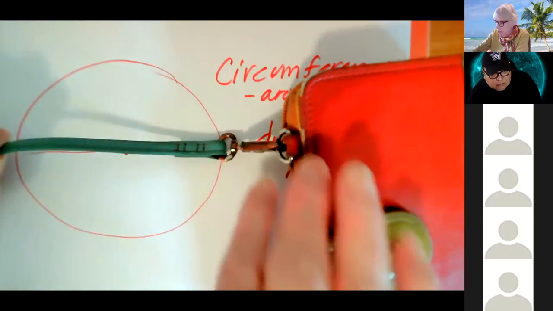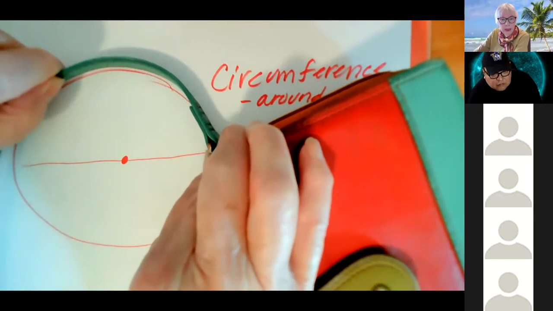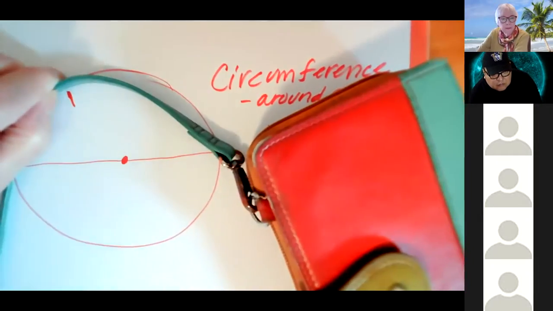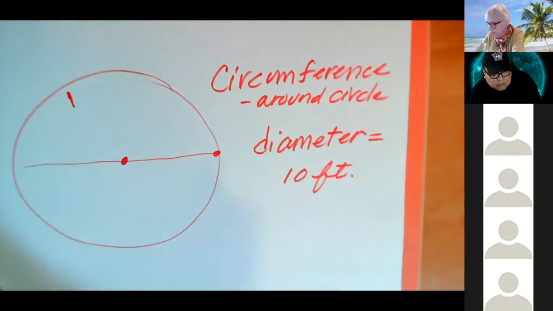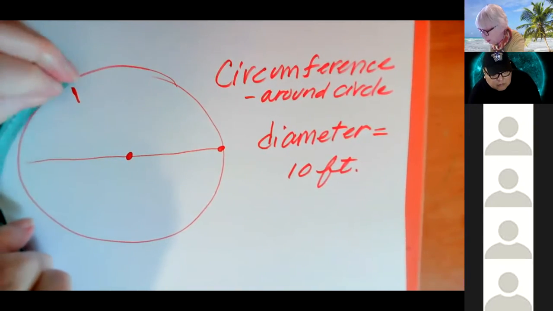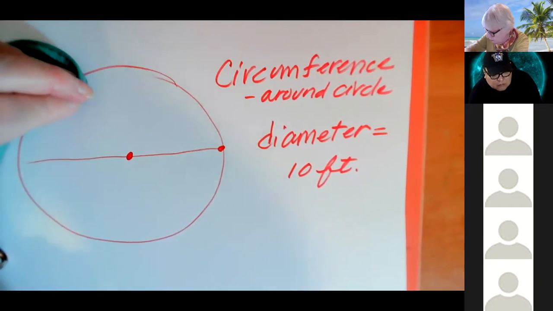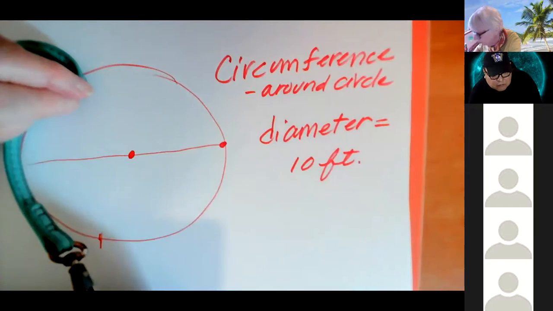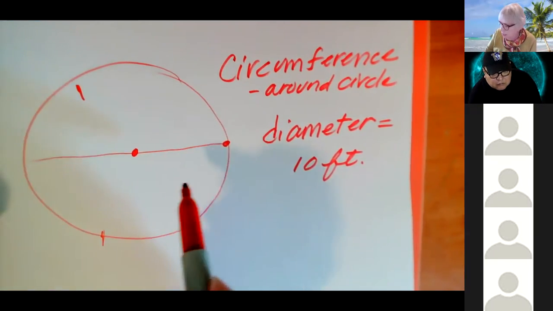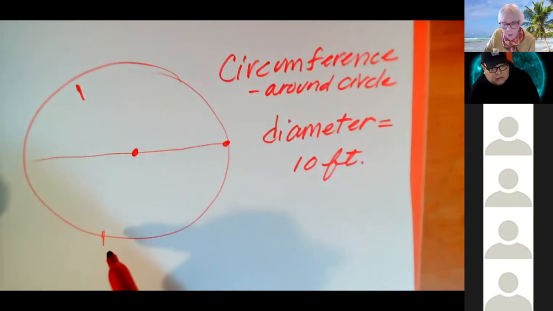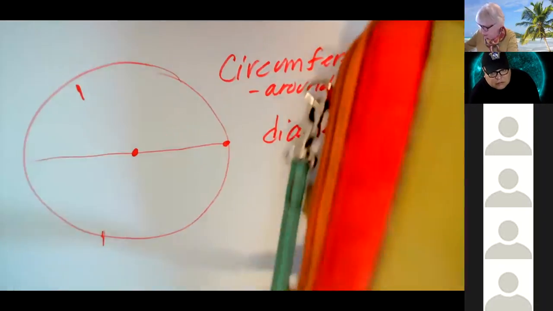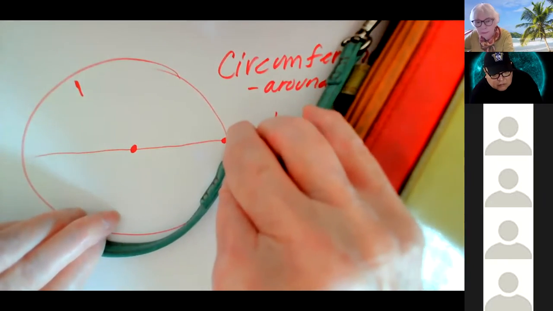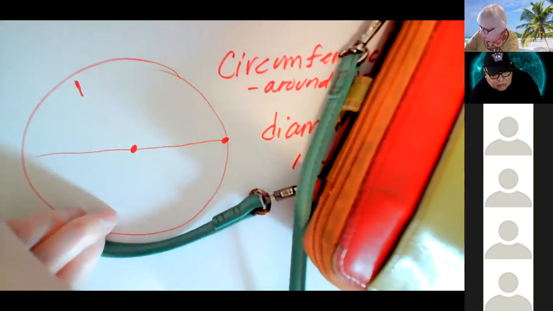Now, the reason I picked my purse is because I can bend it. So I'm going to go around the circle, and let me see if I can mark it. So the first mark was about there. Okay. Let me see if I can get this right. So the next mark was around, let's see, there. Okay. So I measured that one. I measured that one. And the question is, how much more is it going to be? This one. It's right around